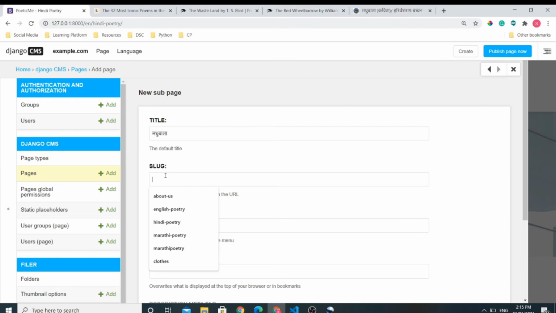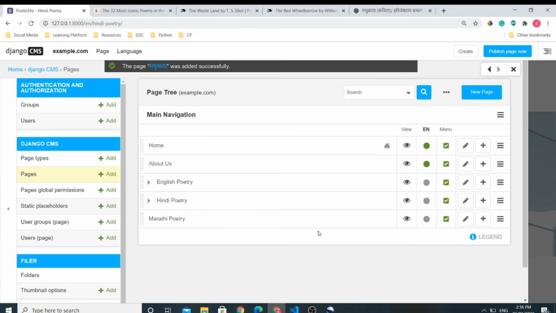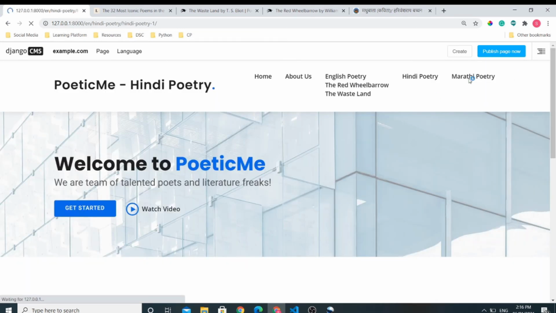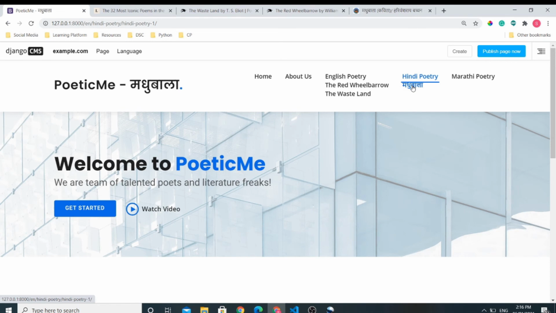We need to add this manually now. Paste the page title here and save it. Close this. Now you can see this page.